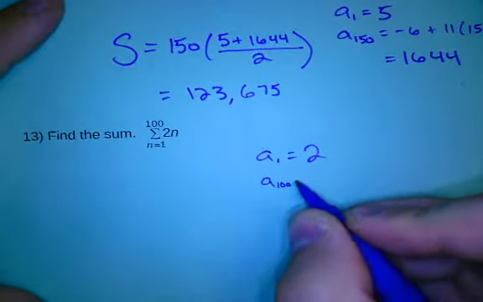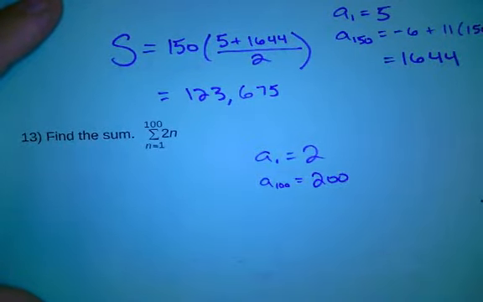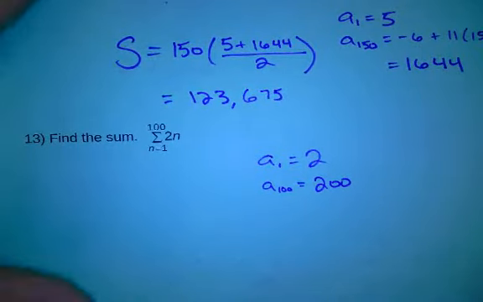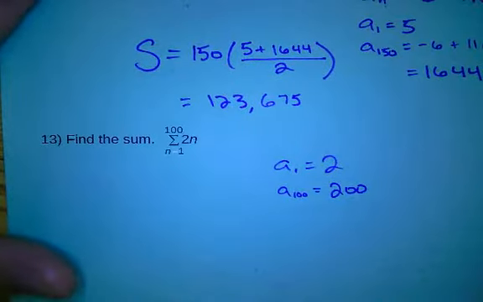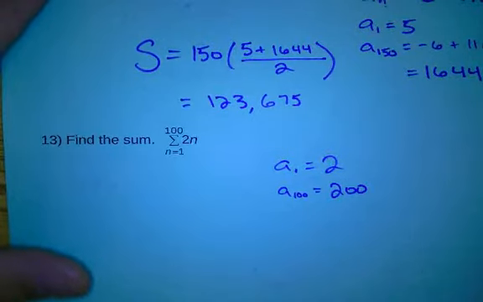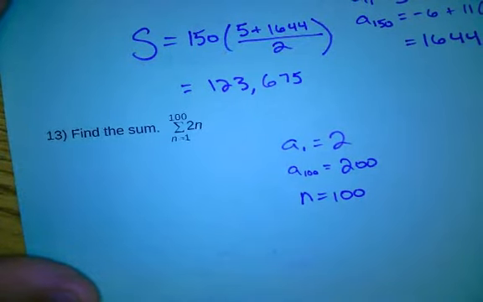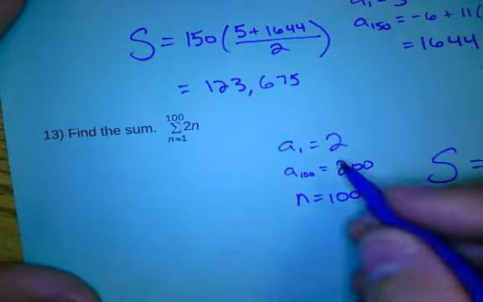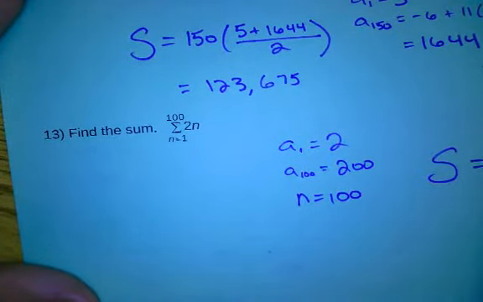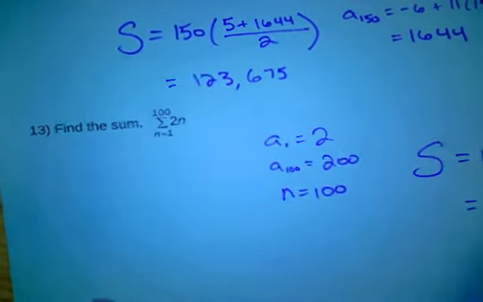What's my last term, which is a sub 100? It's 200. How much am I increasing by? Or how many numbers are there? This is where it's important to know that there are 100 of these terms. Don't say 99. Don't be like, oh, 100 minus 1. You're neglecting the first term. So how many terms are there? There are 100. We have everything. So the sum is equal to 100 of these, taking the average of the first and the last. Get an answer of